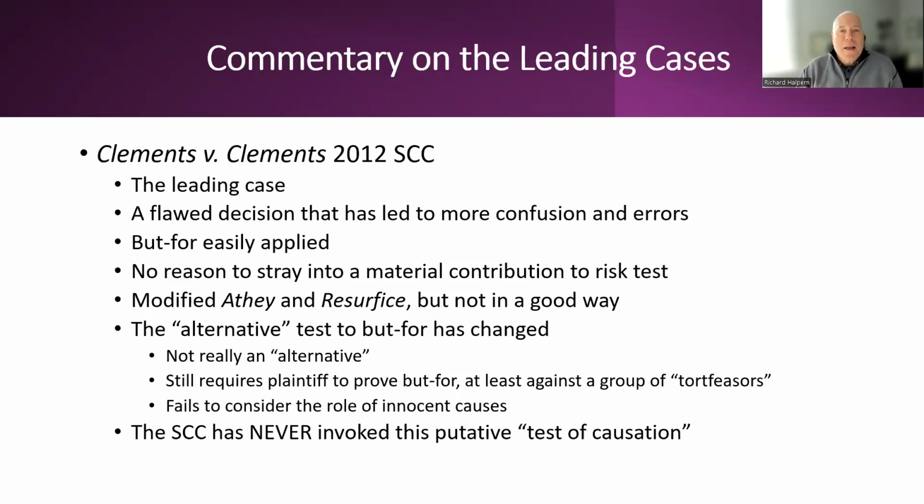So the first step in that case, under the new material contribution to risk test, was that the plaintiff must establish but-for against a group of defendants, but it must be impossible for the plaintiff to establish which defendants amongst the group is responsible for the loss. Well, that's not an alternative to but-for, because but-for has already been proven against a group of tortfeasors.